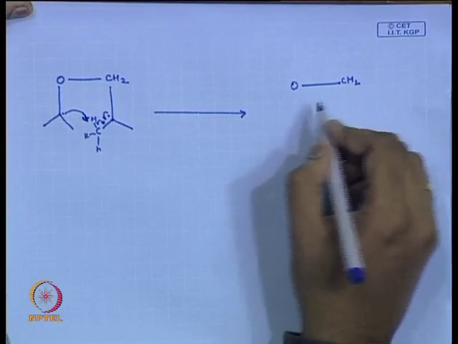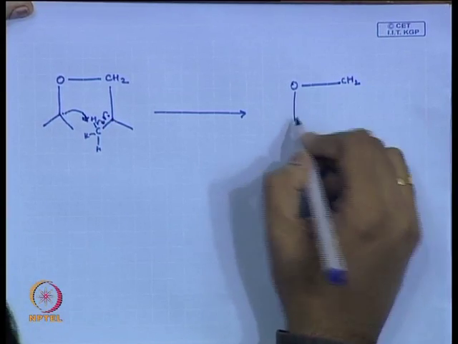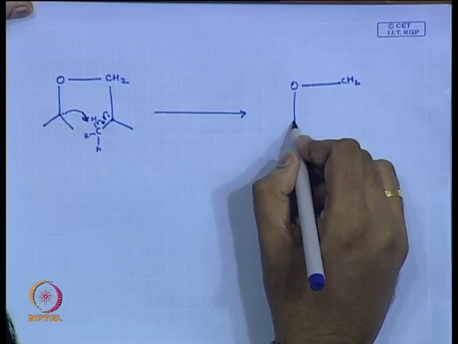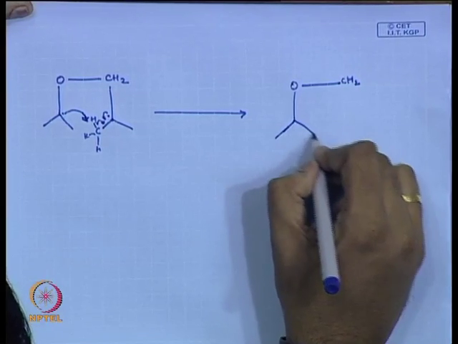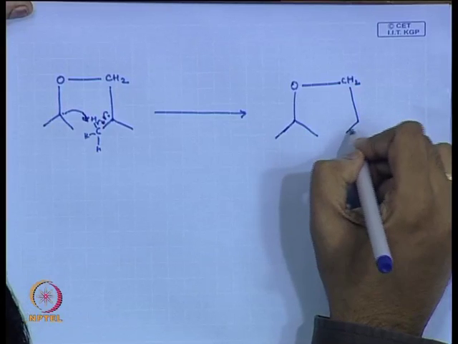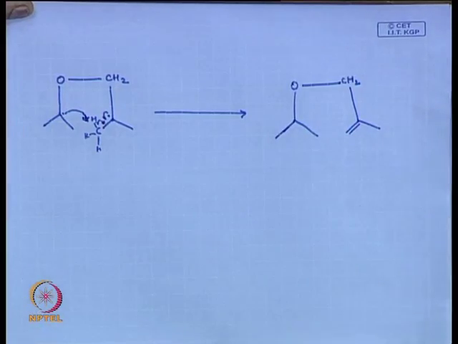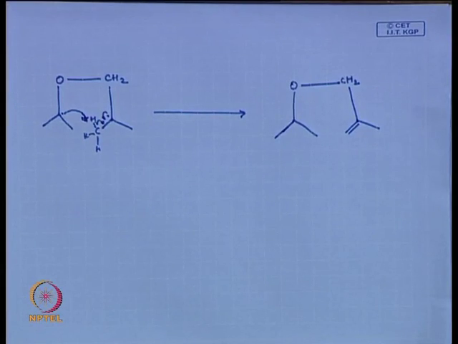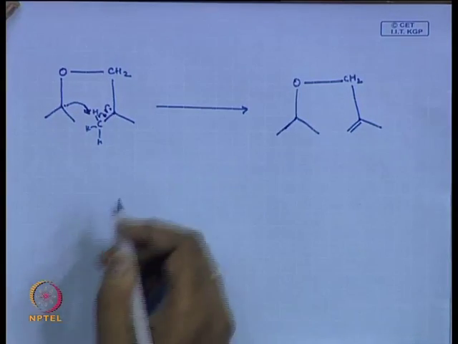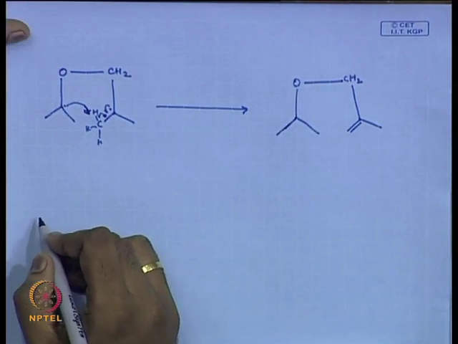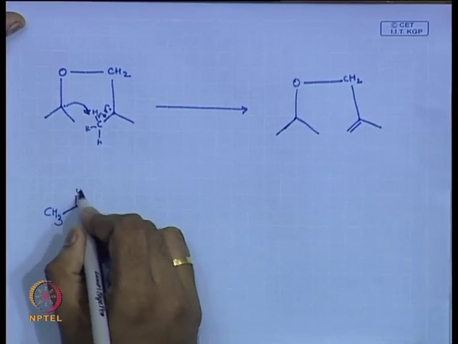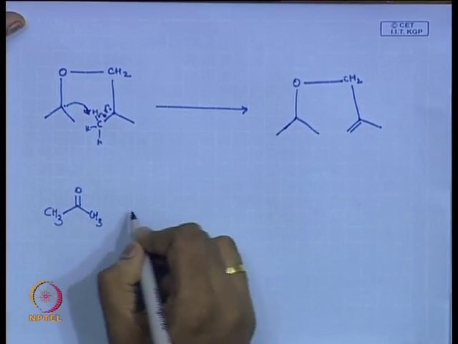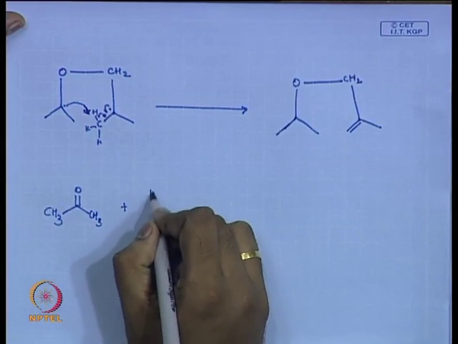See, the arrow should be half headed, because you are doing radical chemistry. So, you get a different product, right. You have a double bond now to the CH2. So, if I write the reaction, I have an acetone. See, it looks to be a very simple reaction. You have an acetone plus you have an alkene